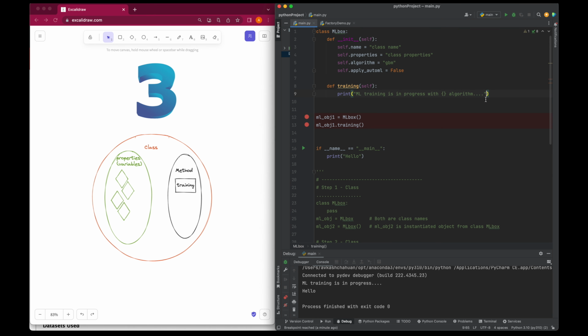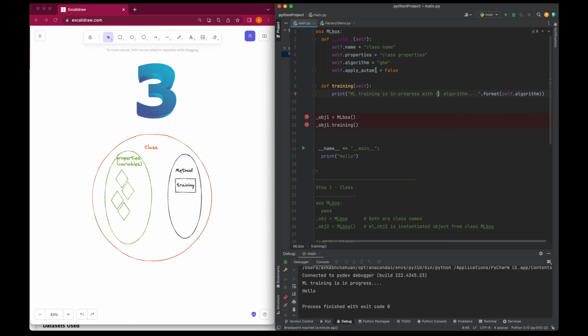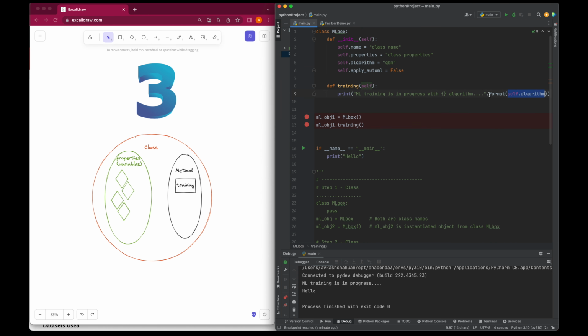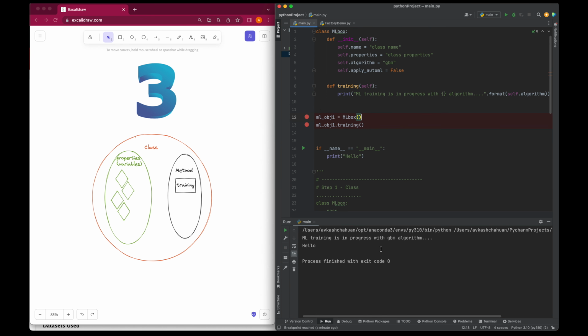And here we could say dot format and self dot algorithm. So train is progress, and here will be the algorithm name. Now you see that as soon as we have used the self.algorithm within this method, the warning is gone. It means this method is definitely related to the class, because we are actually dealing with this class's properties. If we run our code now, I will run directly, you will see that ML training is in progress with